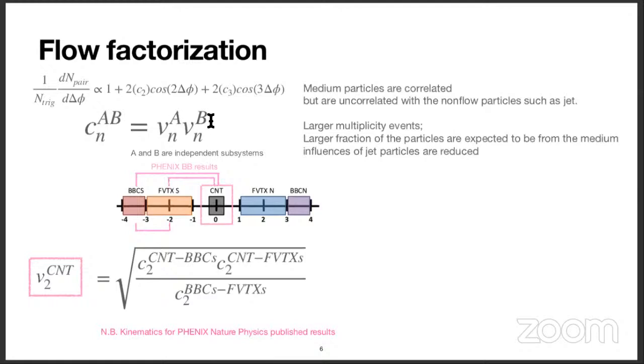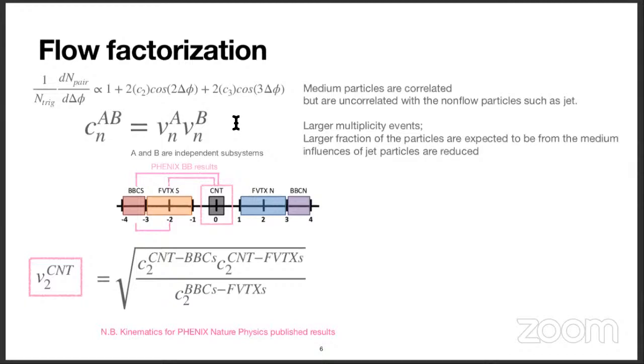Here A and B are supposed to be independent subsystems. This is based on the idea that the medium particles should be correlated with each other, while the non-flow particles are uncorrelated with the flow